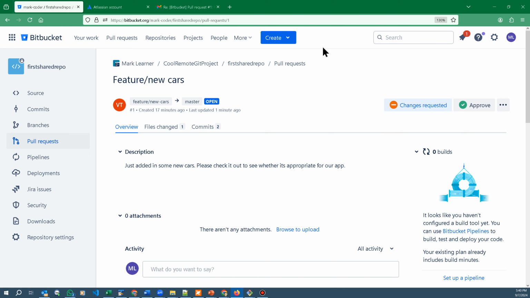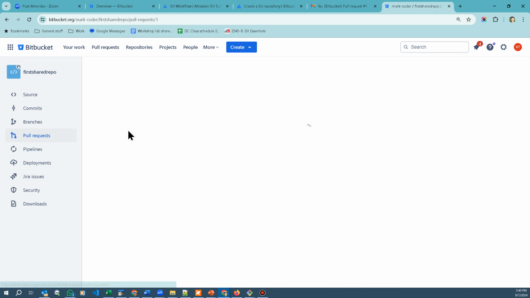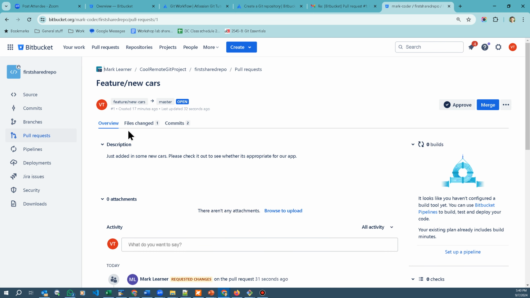Okay, so now if we go back to developer B's page, click on pull request, you will now see that there is this thing here that says Mark Lerner, who is developer A, the big boss, has just told you, hey, I want you to make your code changes. Okay, so that is clearly shown there. And if you click on your feature new cars here, and you look at your activity on the right here,